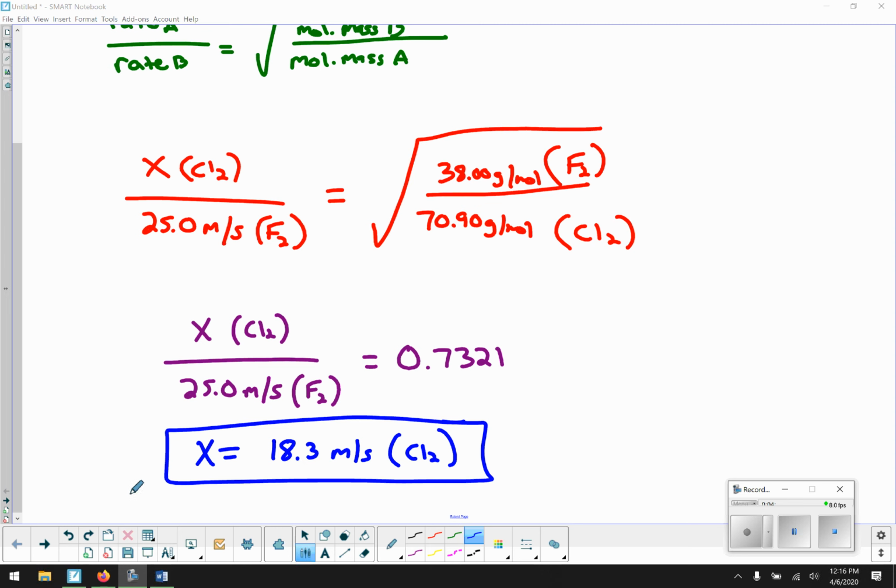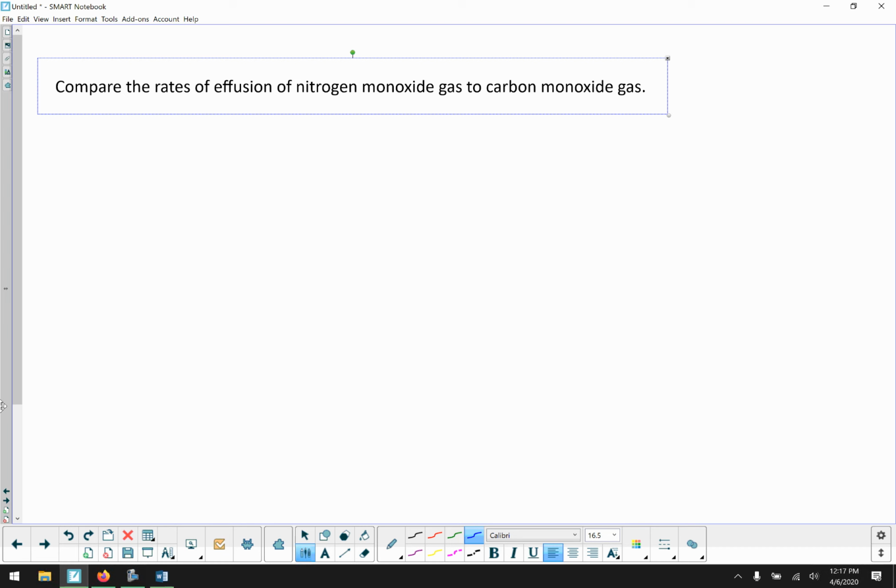And that's it. So I'm not going to work through any more problems completely, but there are a couple other things I wanted to talk about. And that's the wording and how you would do something like this. So compare the rates of effusion between nitrogen monoxide gas and carbon monoxide gas. So whenever it says compare,